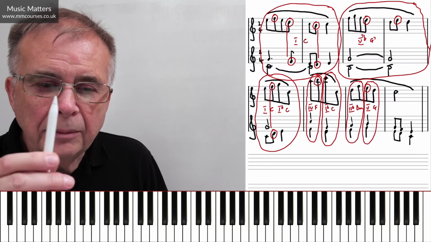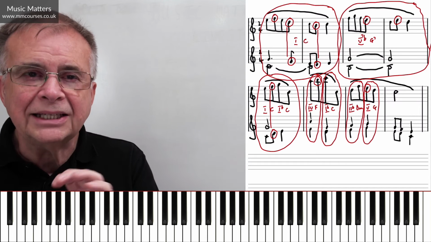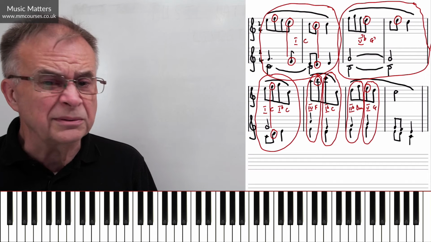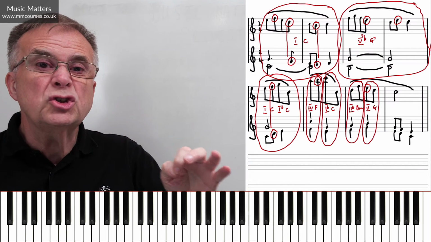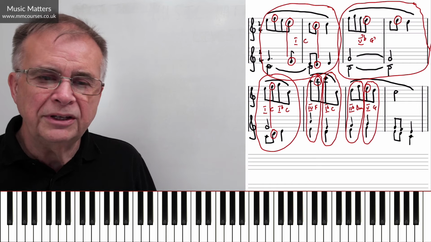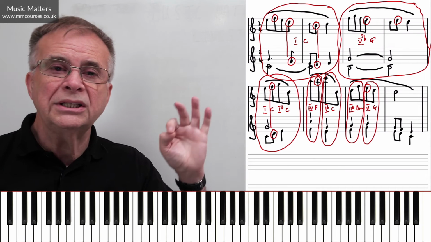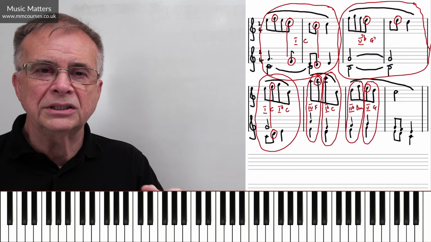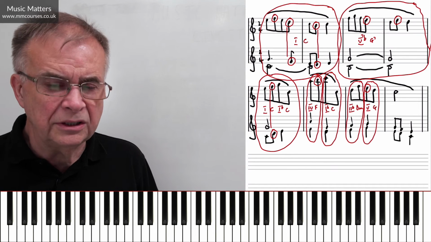This one comes on the beat. Because it comes on the beat, we call it an accented passing note or an accented passing tone. So that's a slight difference. The accented ones always feel a bit stronger. So this one will just feel a bit stronger than the others. So it's worth noticing the difference between an accented passing note and an unaccented passing note or passing tone. Same for auxiliary notes or neighbour tones.